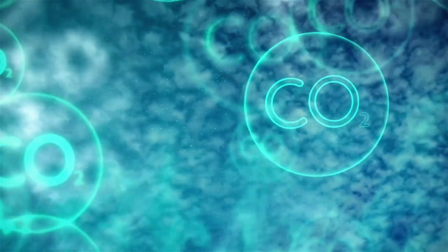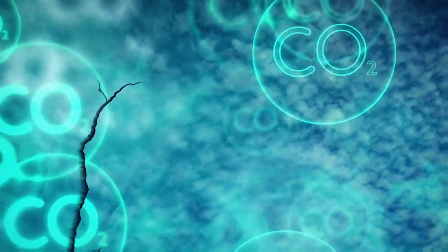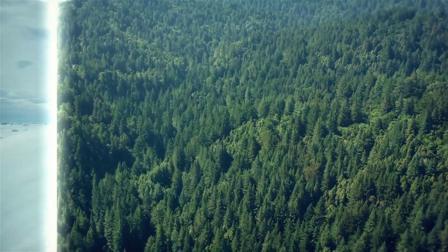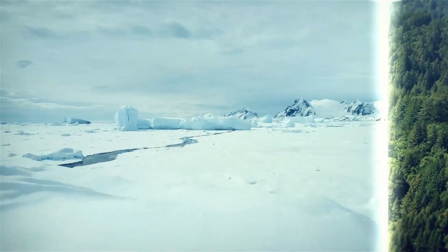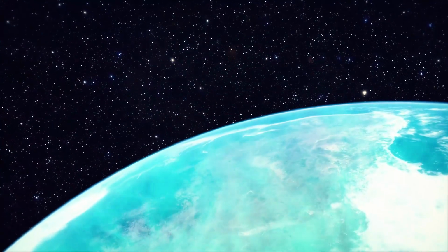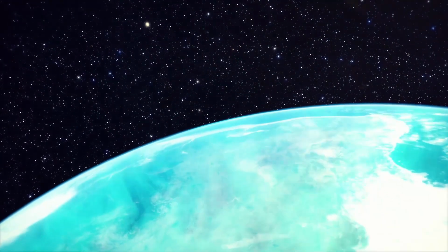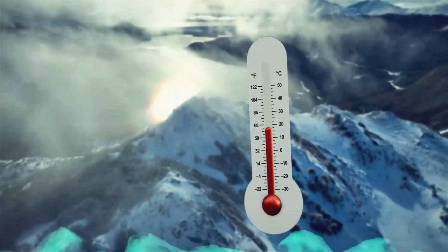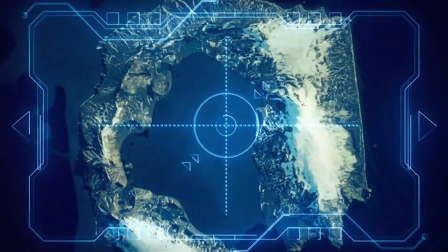It turns out a mix of dropping carbon dioxide levels and some tectonic shuffle played a huge role in transforming this ice-free paradise into the frozen continent we know now. About 50 million years ago, CO2 concentrations were sky high, at around 1,000 to 2,000 parts per million. But as those levels tumbled down, global temps started to drop, paving the way for the mighty ice sheets that